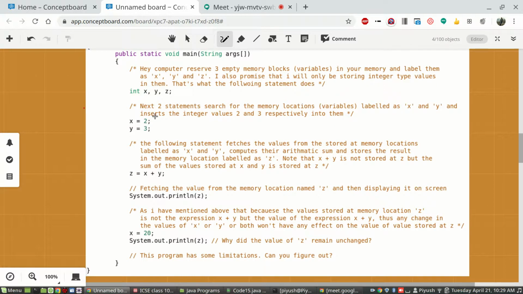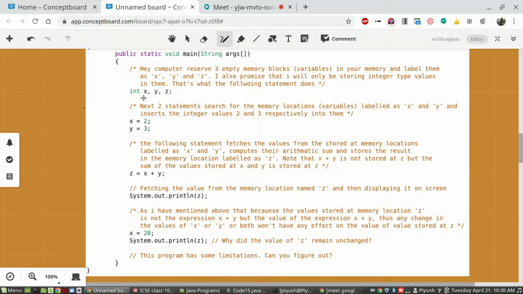Because we are saying we need to add two numbers, we definitely need to have two variables. Let's say we want to perform the addition of two integer values. So we will create two integer variables identified by x and y, and the data type we have specified is integer. The third one we are using to store the value of their addition. Because two integers are used, the sum will also be an integer. So we created three variables, two for storing the values and a third one for storing the result.